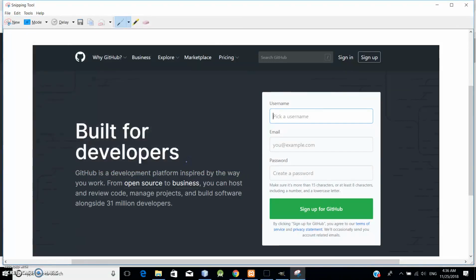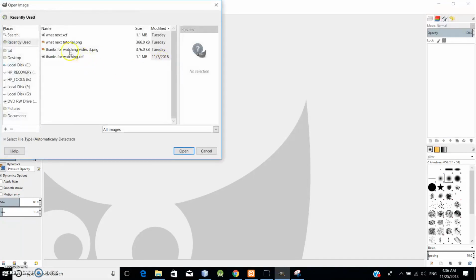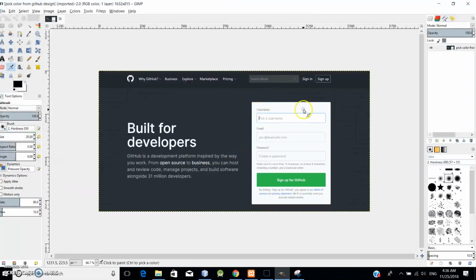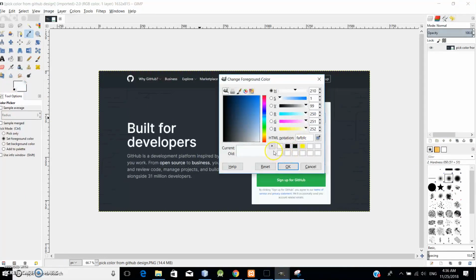Okay, save. So now just go back and find the file. Open. Desktop. Pick file. So if you want to pick this color here, just use color pick and click. You'll find the color here has changed. So if you want to know that color is FAB, grab this HTML color notation,